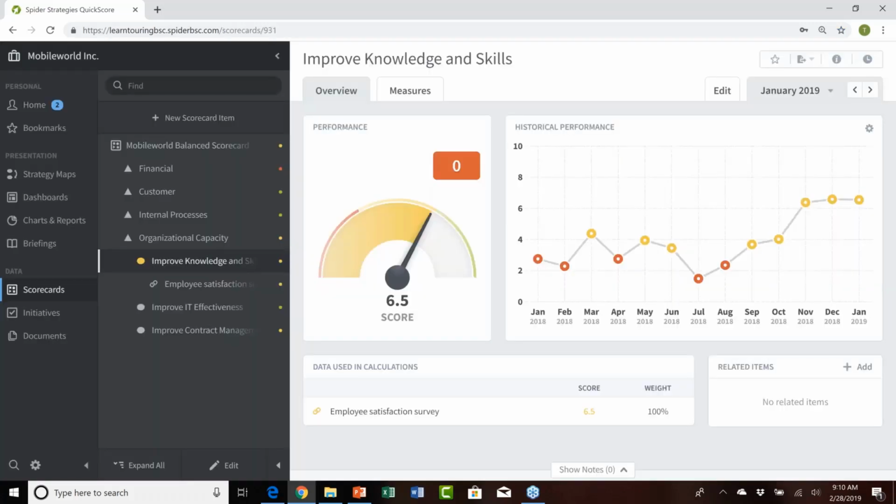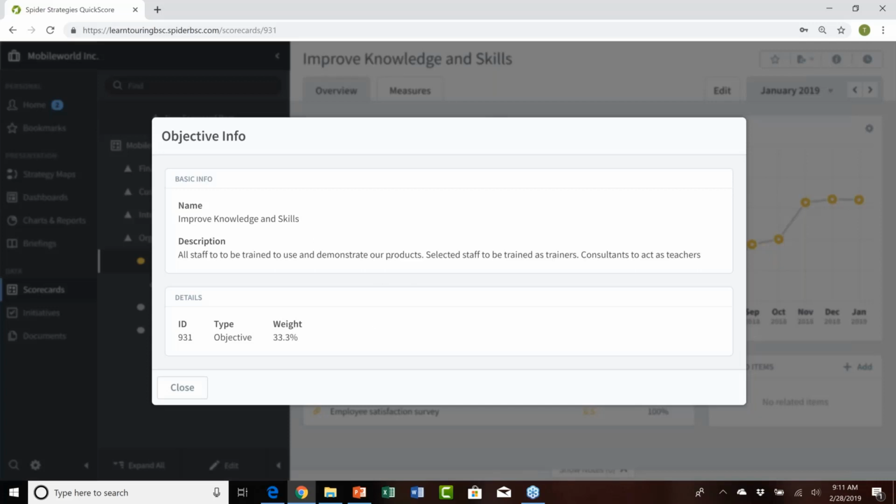And if I click on it, I can drill down and see that it takes me to improve knowledge and skills as an objective within our Mobile World Inc. organization. And I might say, well, why did this come up with a product search? So if I go to the info button in the far upper right-hand corner, I'll see that in the description of this improved knowledge and skills objective,